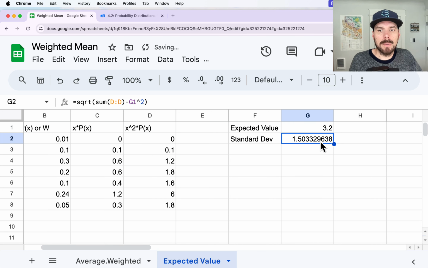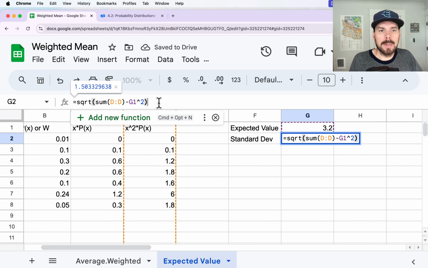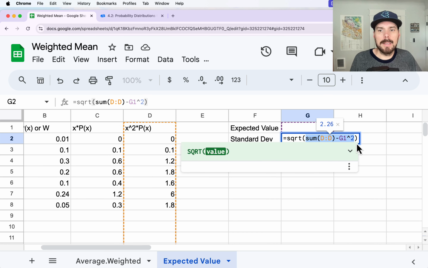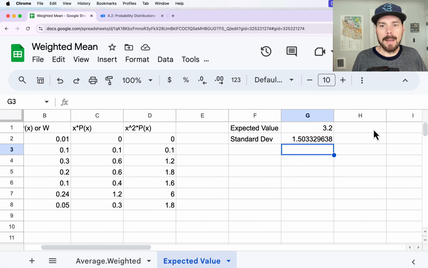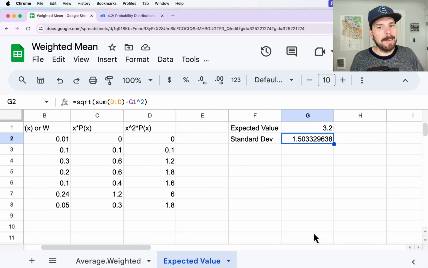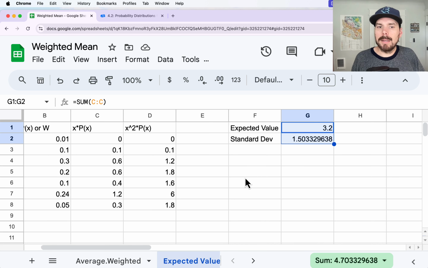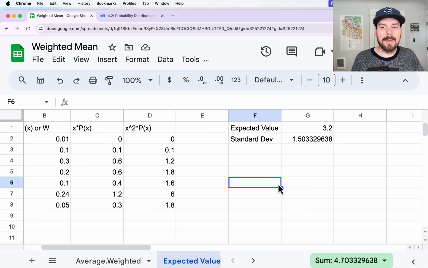So I did move over so it looks kind of weird. You can see my function in a couple places, at the formula bar or down in that cell. But that is the square root of the difference. And that's telling me that inside the square root is a subtraction problem. And it's the difference between the sum of column D and the expected value squared, or mean squared. That one is tricky to find. A lot of times I'll use Stapplet.com to find these, but it is good practice of using some basic functions and formulas in spreadsheets to find these.